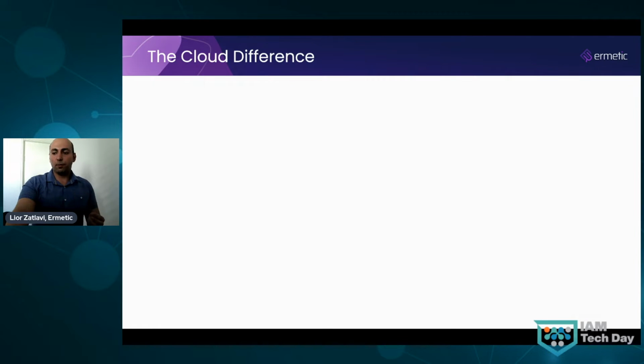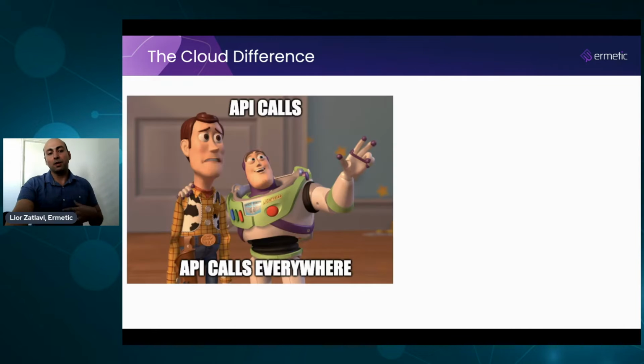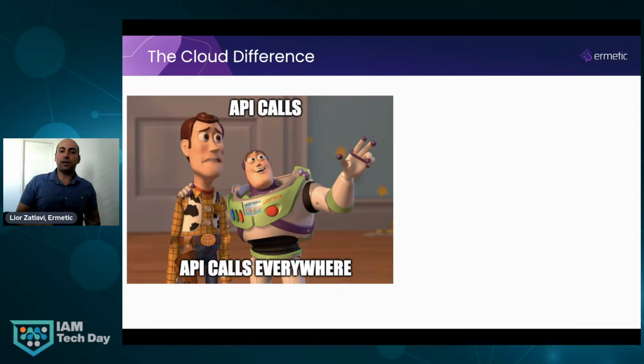So first of all, before we get into it, let's talk about the main difference between cloud environments and the on-prem technologies that we used to have. In the cloud, a lot of things, or even everything, became an API call. Even things like hardware configurations, network management, and of course, identity and access management just became API calls that are very easy to control programmatically and also produce very digestible information